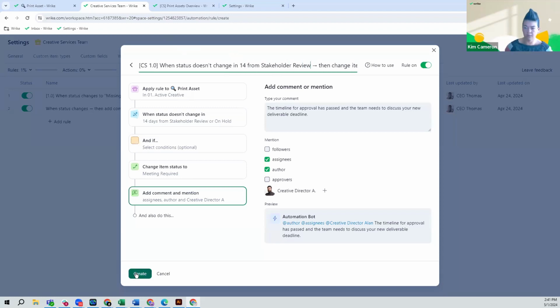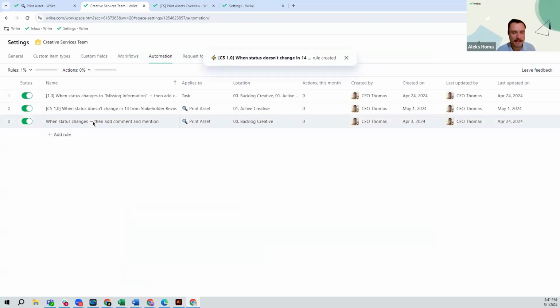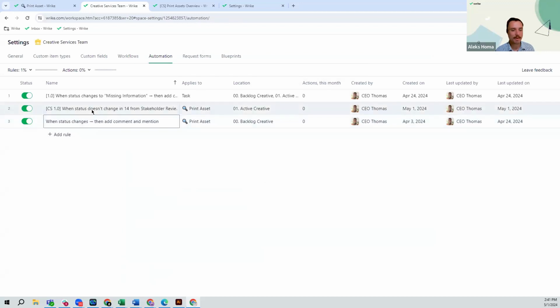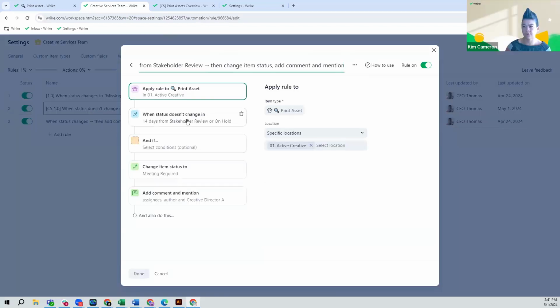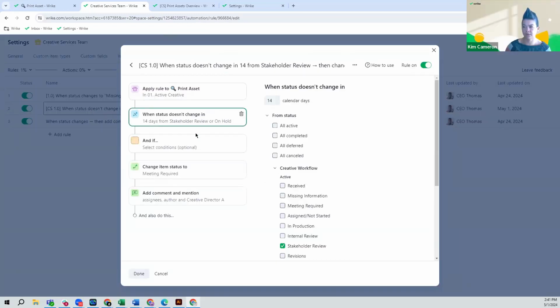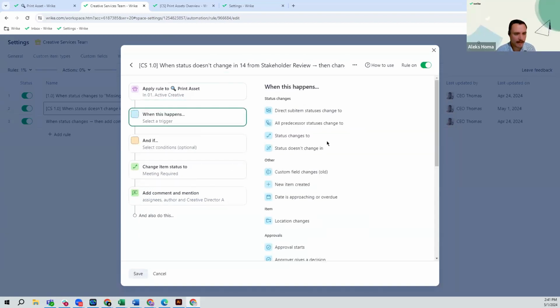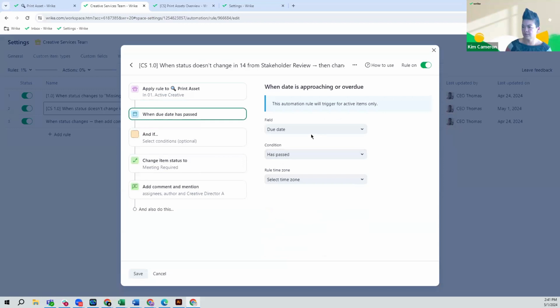Yeah, that looks good. What do you think, Alex? Did I get all the points? I think so. That's a good one, but there was one key piece. So let's hit create, and I wanted to give Tony a heads up. The trigger here was specifically on the start date approaching. So date is approaching,